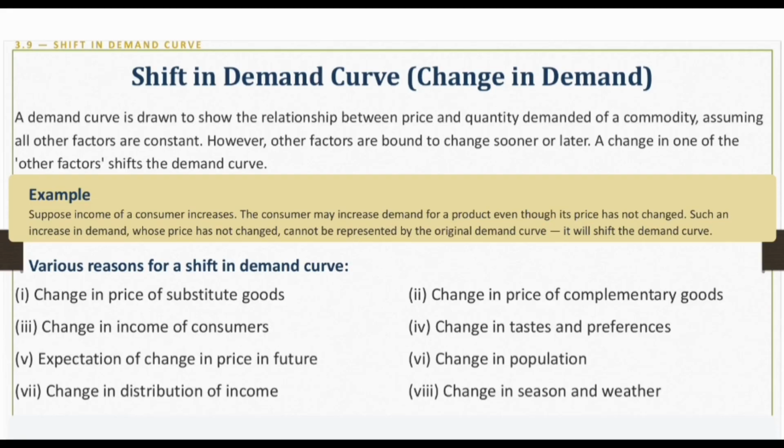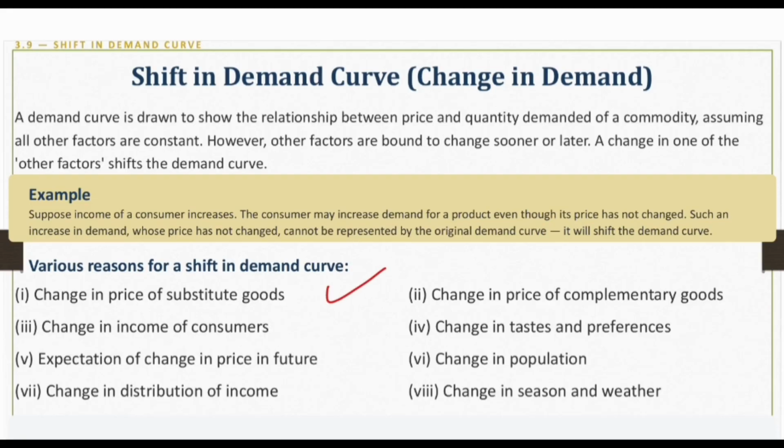When quantity demanded changes due to any factors other than the price of the own commodity, it is said to be a change in demand. Now, when a change in demand takes place, there is always a shift in the demand curve. The shift in the demand curve could be due to any of the various reasons mentioned here: